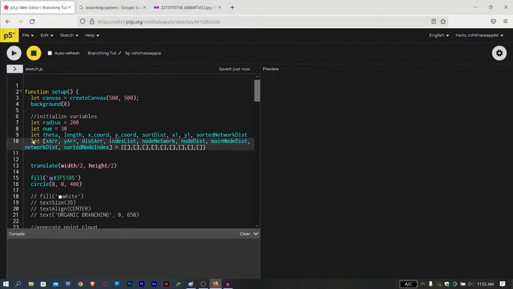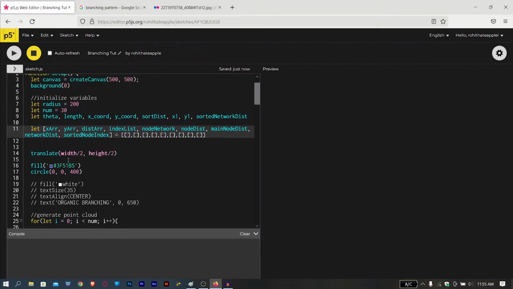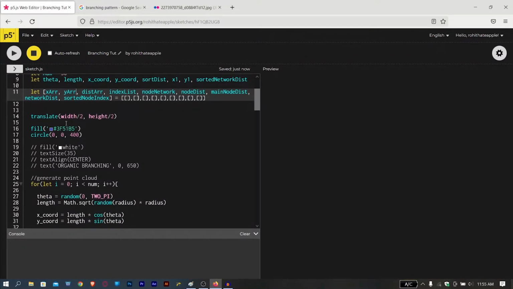This separate definition or initialization is specially for arrays. The way you can do multiple arrays at the same time is put all the variables into an array and define them as separate arrays in an array. Again, the things you have to focus on in the first part of the video, or the primary steps, are theta, length, x and y coordinate, and the x and y arrays that are going to hold the x and y coordinates. So coming down we have translation, width by height, which basically means